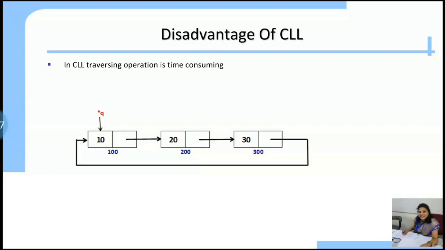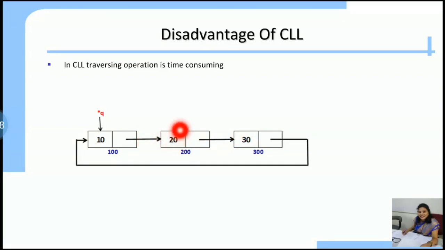Disadvantage of the single circular linked list: the traversing operation is very time consuming. Why? Take an example: if you are at 20 and want to reach 10, you have to traverse first to 30, then from 30 go to 10, because each node has knowledge of the next node, not the previous node.